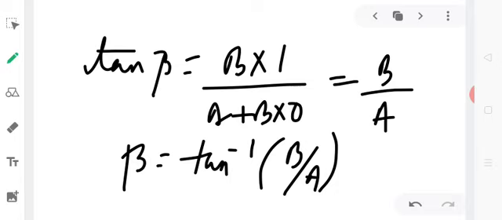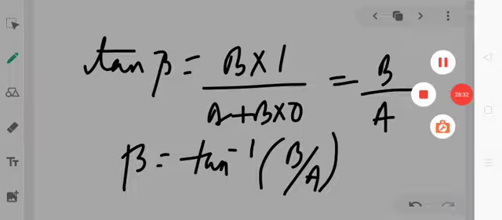So this will be all regarding today's class, in which we understood how to add two vector quantities, and we focused on triangle law of vector addition and parallelogram law of vector addition. I will suggest all the students to practice some questions based upon both the laws. Thank you.